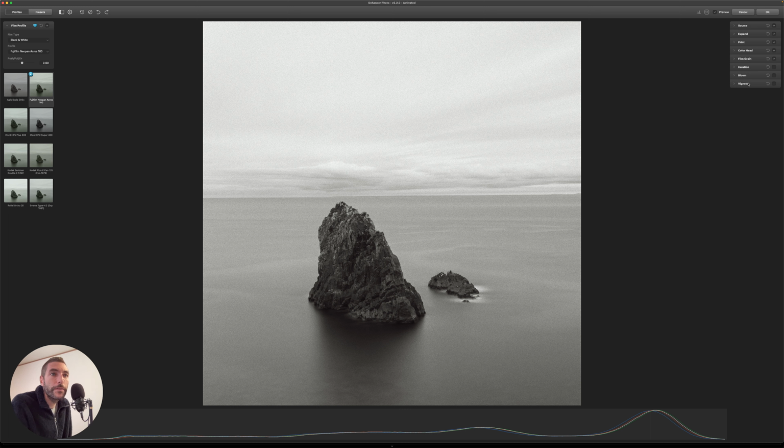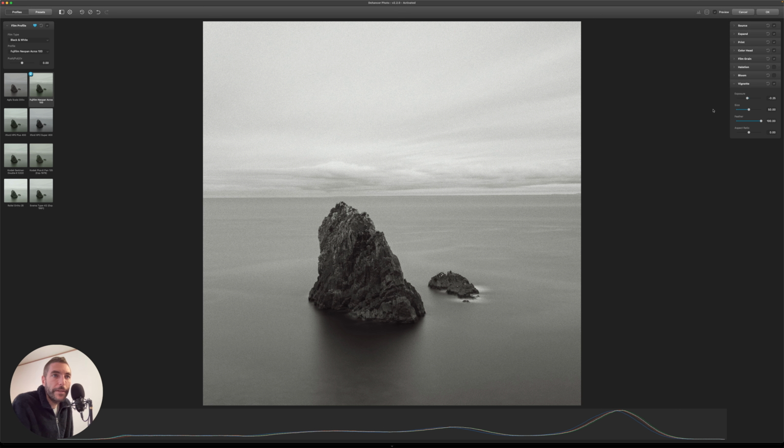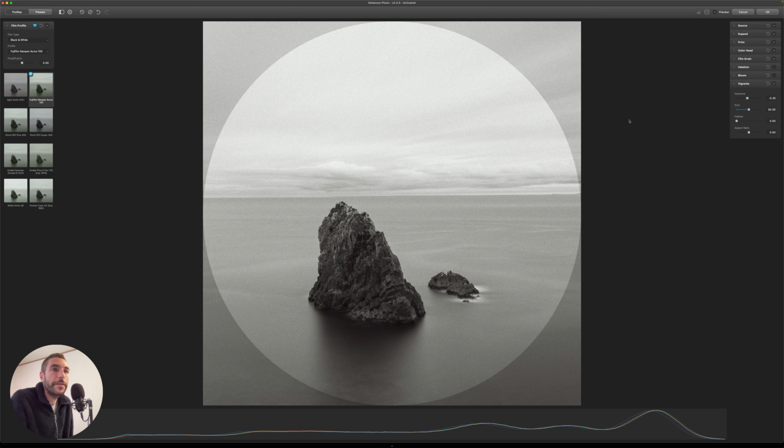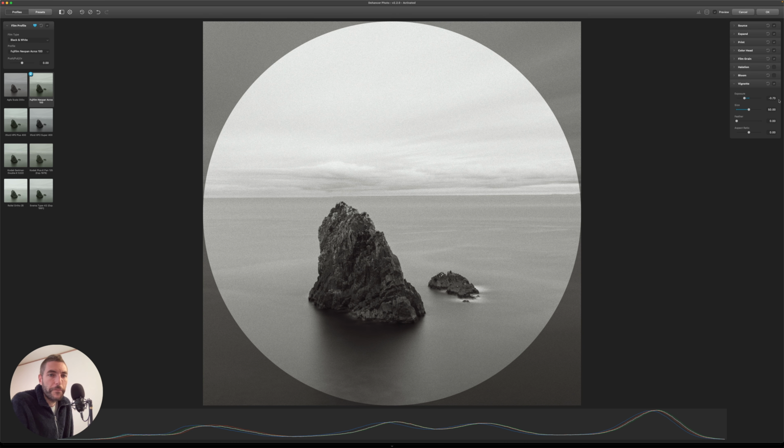And then let's move on to the last tab, which is the vignette. So the vignette one is nothing special. It's like the vignette that you can get in Lightroom or in Photoshop or in any other editing software. So you basically have your size, your feather, and your aspect ratio. So what you can do to see your vignette better is you can reduce the feather to 0. So you basically see the round shape of the vignette. You can choose how dark you want to make it. For my images, I usually put a vignette around or about -1. I'm just gonna type that in.